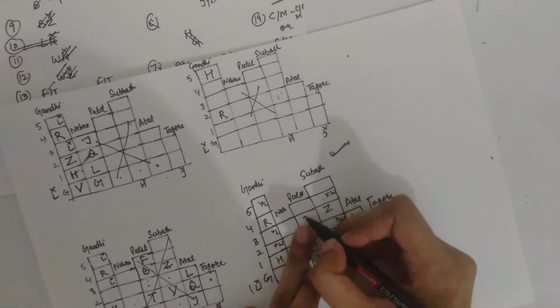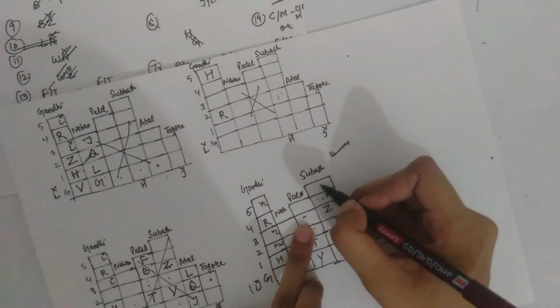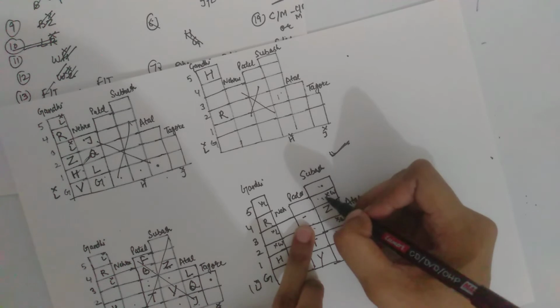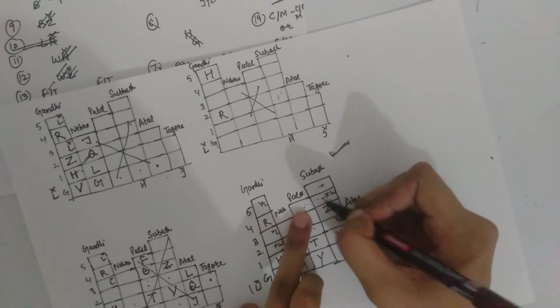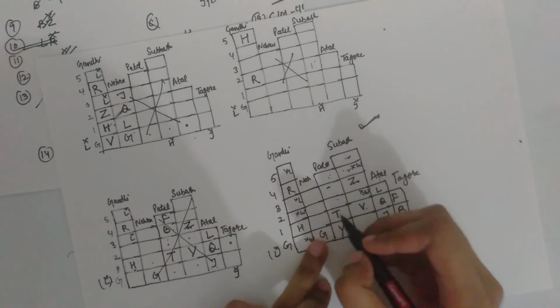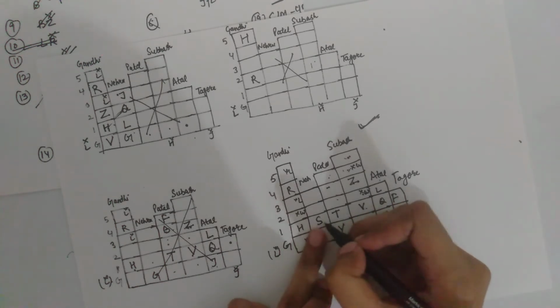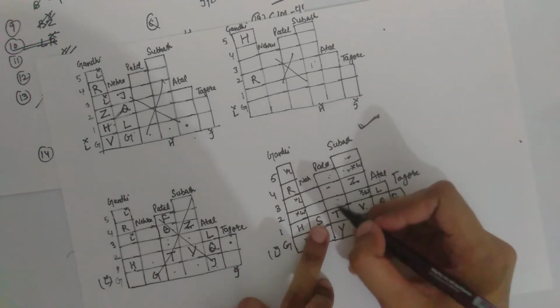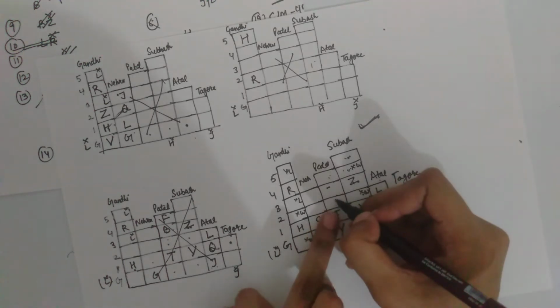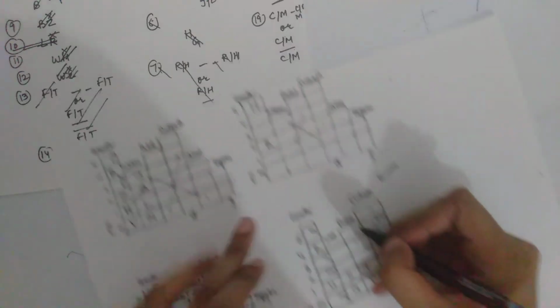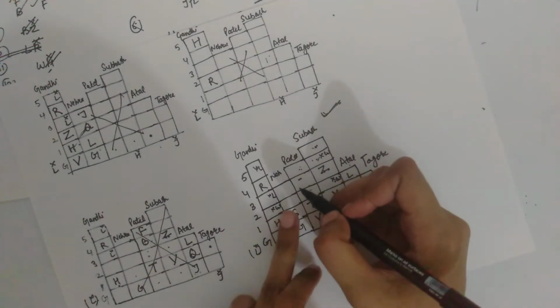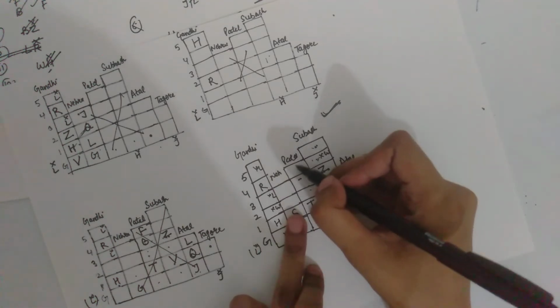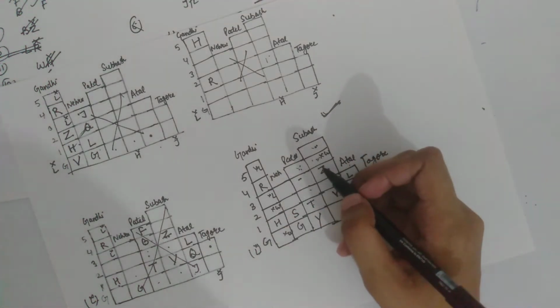Fine. Now see, if S will be here, C will be here or C can be here. If C is here, C dash M. No, here it is Z already. If this is S, this is C, C dash M. Note, this is not possible. If this is S, if this is C, C dash M, but we need W to be placed immediately above M. So there is no place left for W. If we place S, C here, C dash M, this is also not possible.